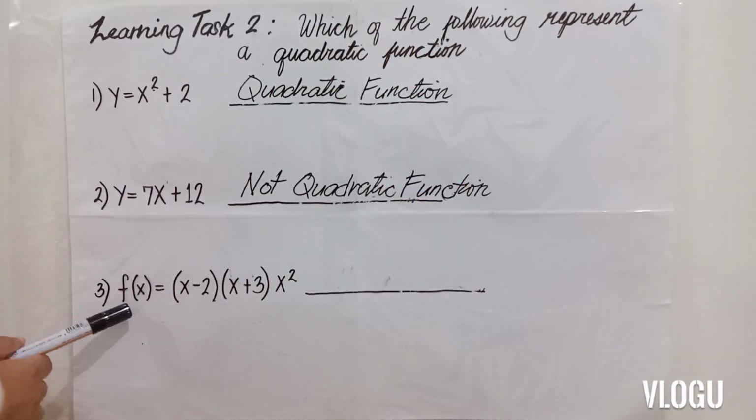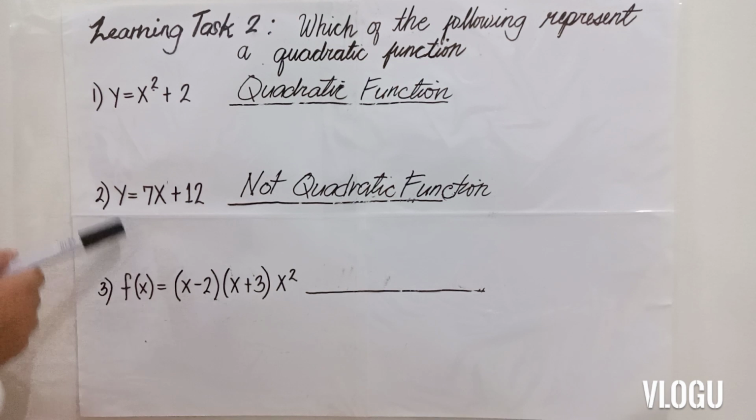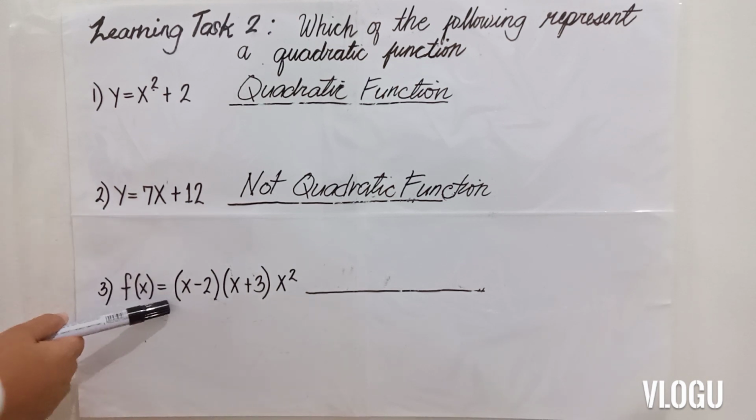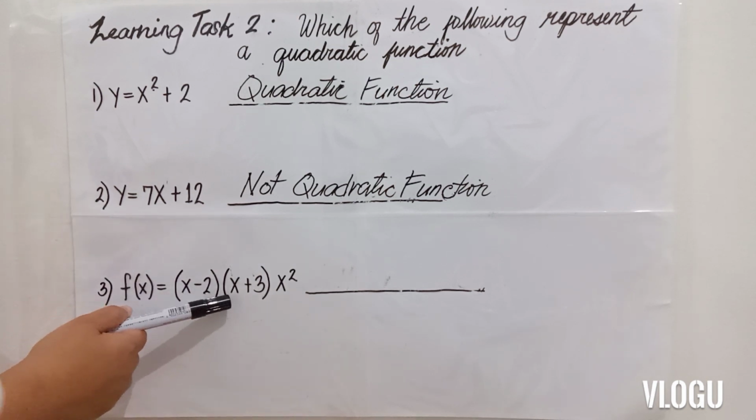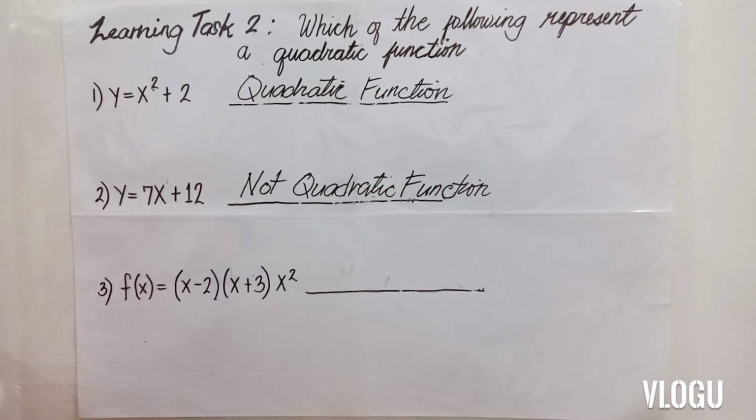Let's have example number 3. We have given f of x. F of x is also the same as y. Or function of x is equal to quantity x minus 2 times x plus 3 times x squared. So since the equation is not yet simplified, let's simplify it first para ma-identify natin kung quadratic function ba